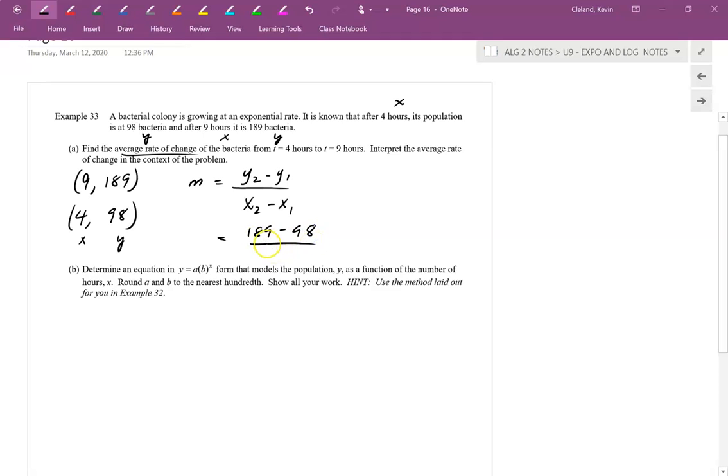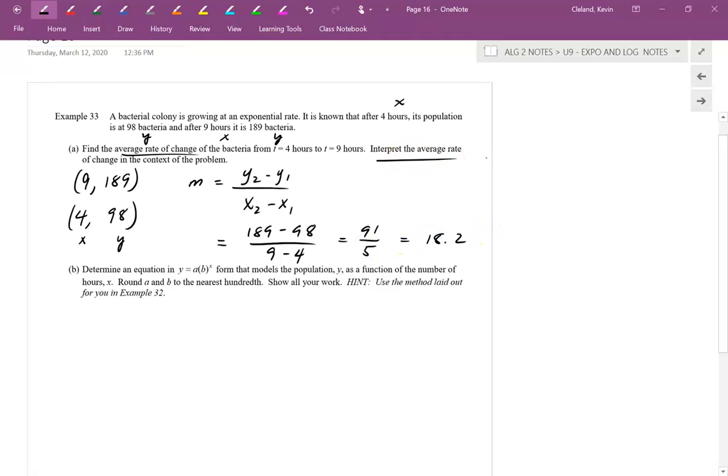Plugging in. By the way, I kind of just launched right into this, but average rate of change is just slope for things that aren't straight lines. That's why we call it average rate of change instead of just rate of change. You spend so much time in elementary and middle school learning about just linear relationships that we don't spend enough time talking about curved things having an average rate of change, just what's happening at the beginning and the end, forgetting about the middle. Anyways, this comes out to 91 over 5, which is